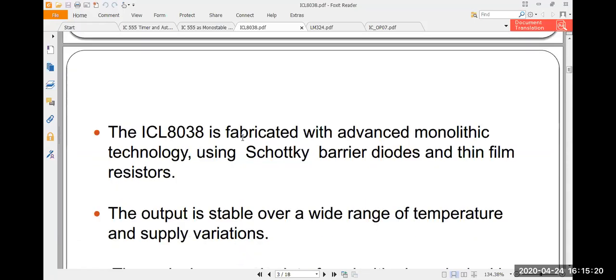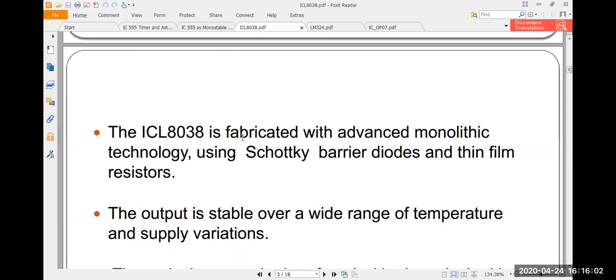So this is some information regarding that particular IC. Now, Schottky barrier diodes, I think you have learned it in E. What is a Schottky diode? And this particular IC 8038 is fabricated with advanced monolithic technology, using Schottky barrier diodes and thin film resistors. So if you want to go deep into how these ICs are generated, I think it is there for you to study in, I think, third year,